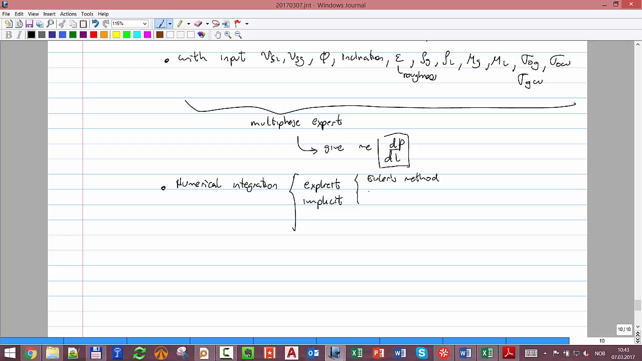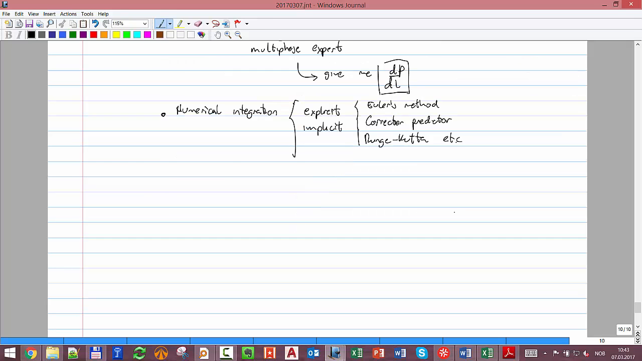You have... what is the thing you have? Corrector? It's called corrector predictor. Yeah, Runge-Kutta, etc. Okay, but actually what we make is we try to solve this differential equation dp dl